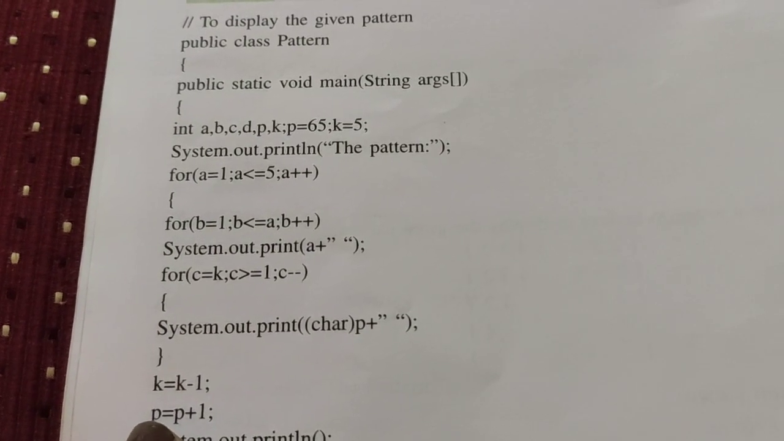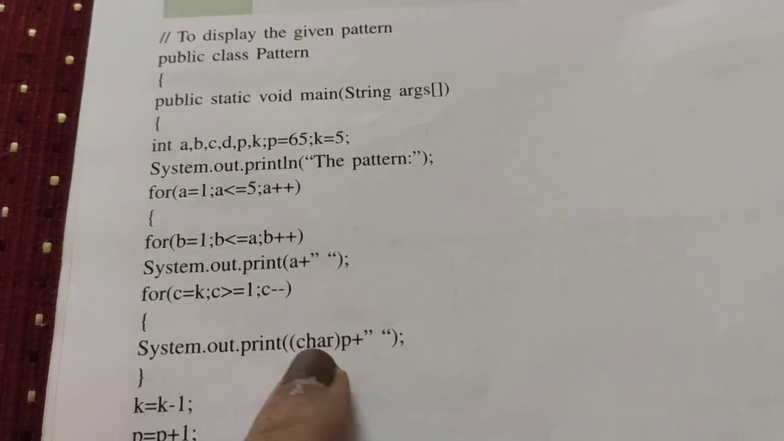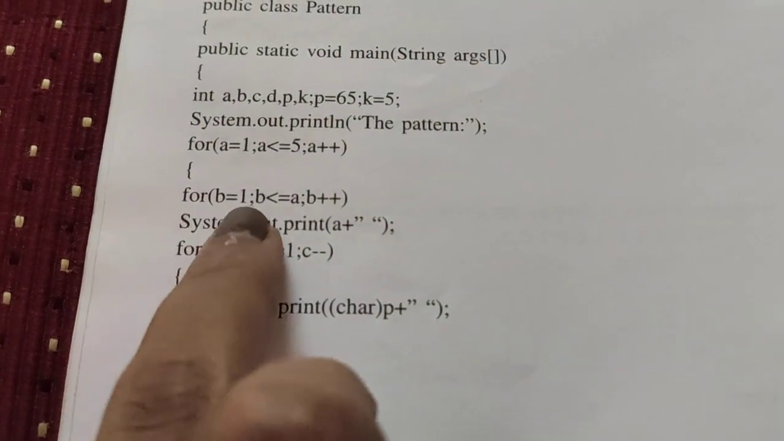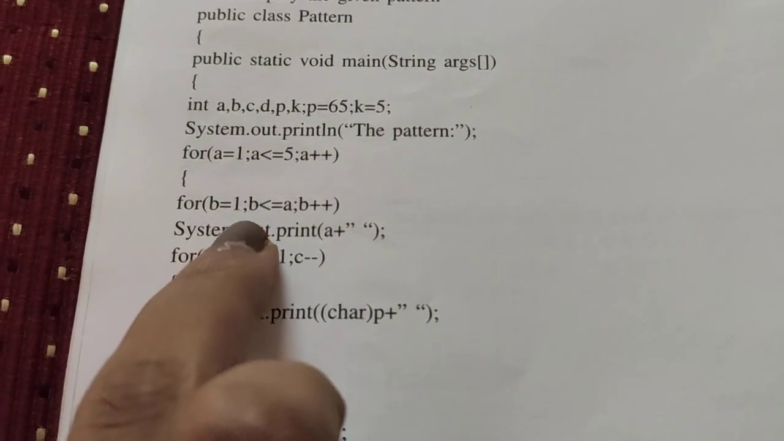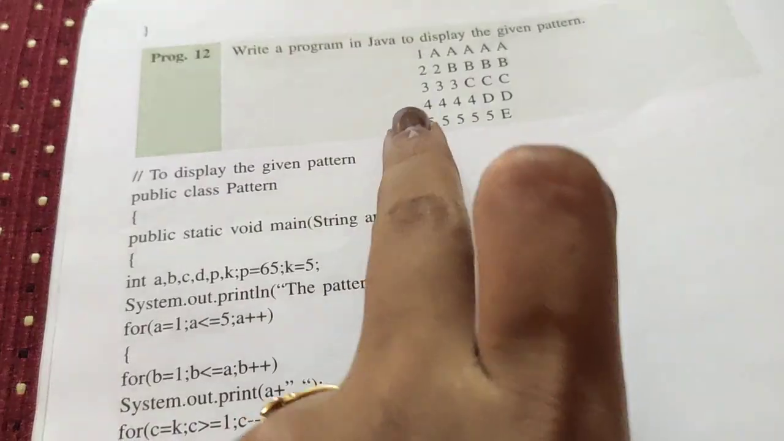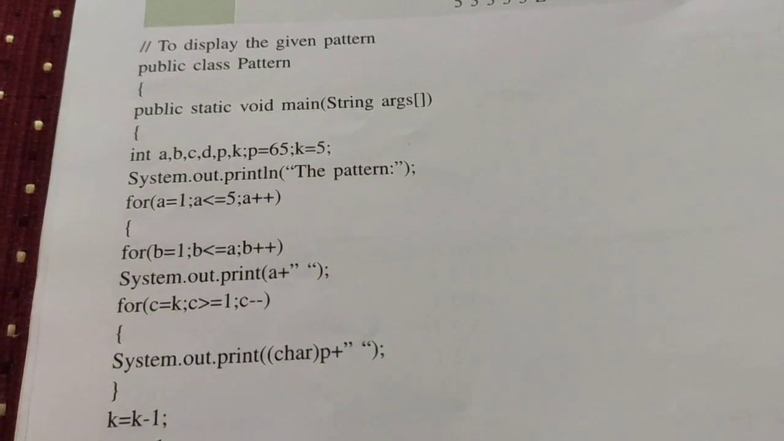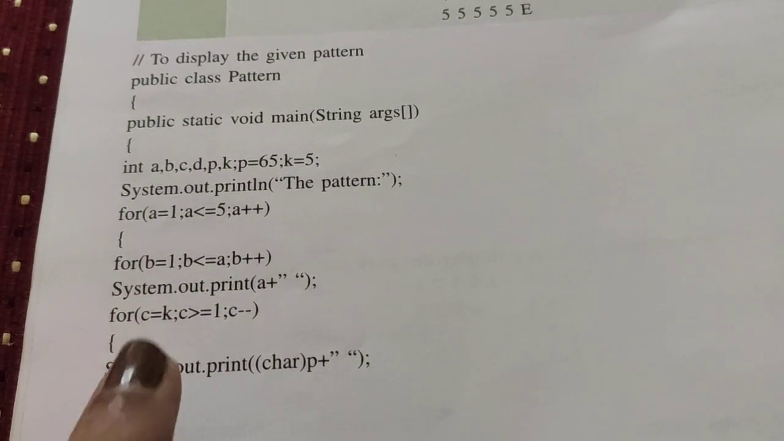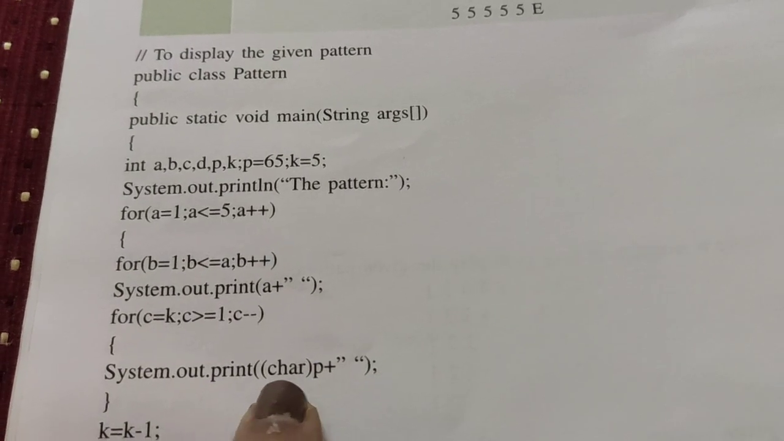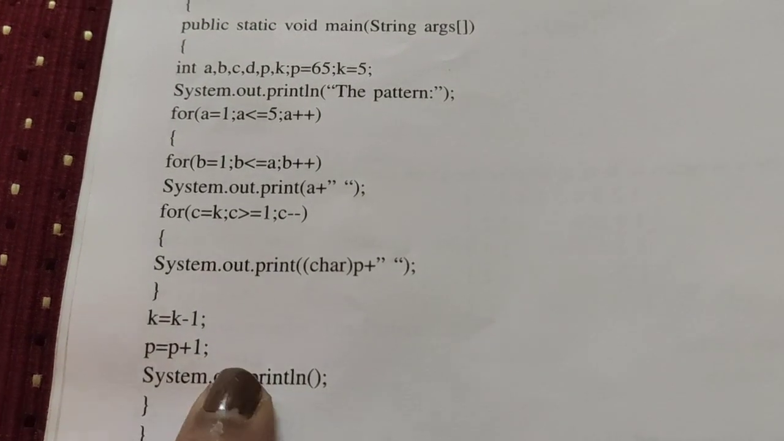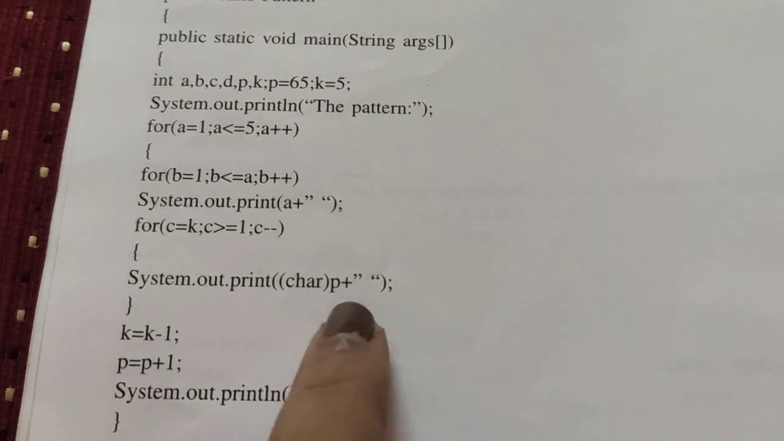So p will be 66. So when it comes here you will be getting the alphabet b here. That is the reason they have given p is equal to p plus 1. So in the second iteration, b is equal to 1 and 2, the value 2 is going to be printed here, and the b is going to be printed 4 times. Character of p, now p's value is 66 because we have increased it by 1, so b is going to be printed 4 times, and again we are going to decrement k